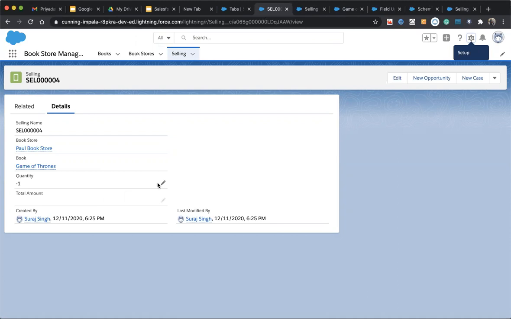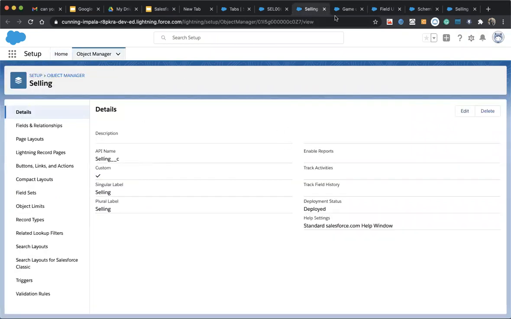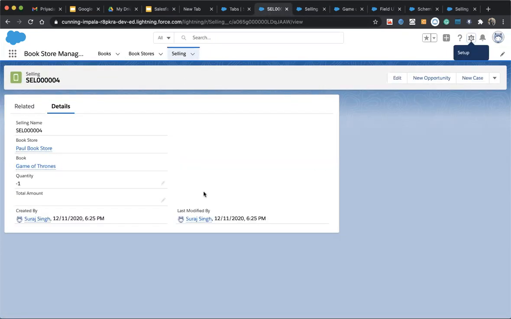So maybe we are going to use this calculation somewhere else. Because of that, we are creating objects, so we can use the same function several times. If we use field update, I mean, when we create the selling field update object, we can use it in several parts.